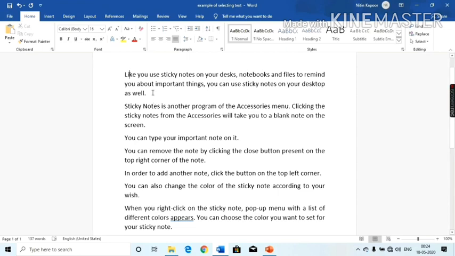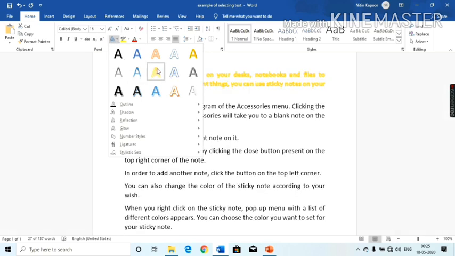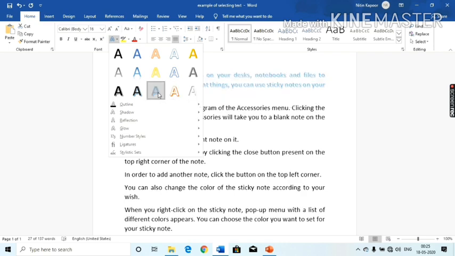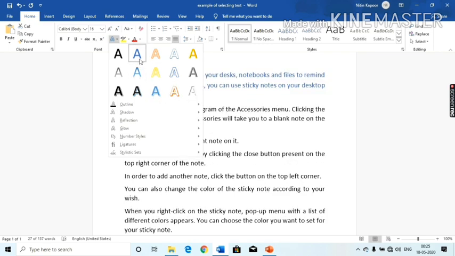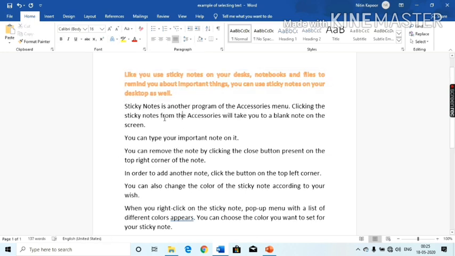To apply text effects, first select the text to which you wish to apply a text effect. In the font group, look for the text effects box and click the drop down arrow next to it and choose an effect that is already present in the list or create a new one.